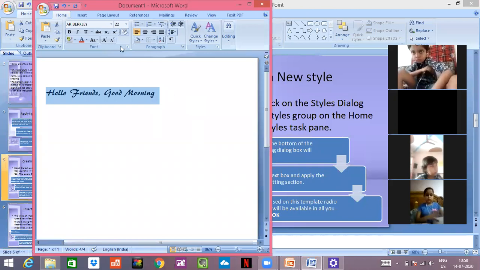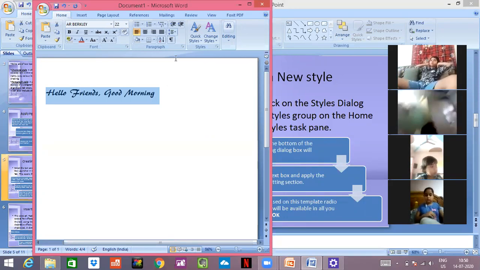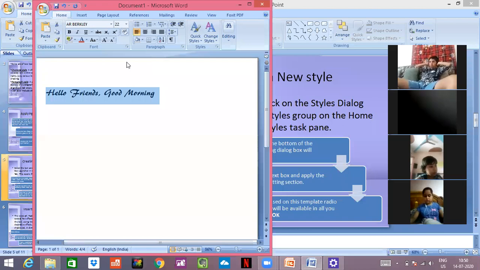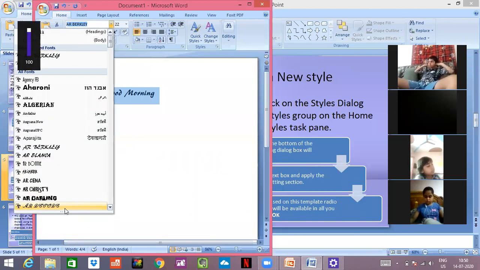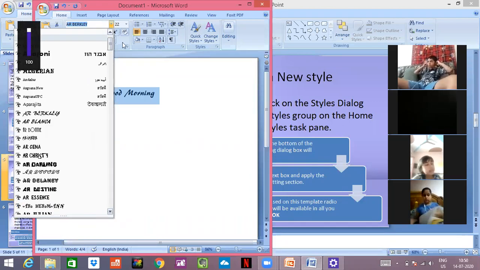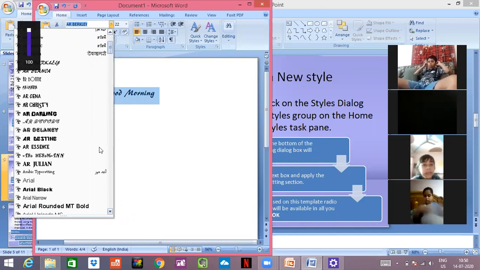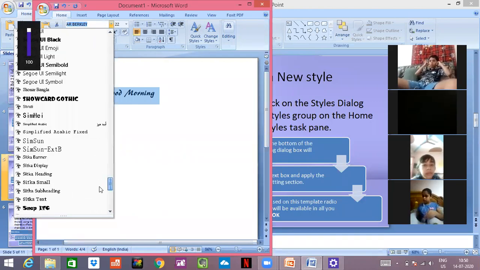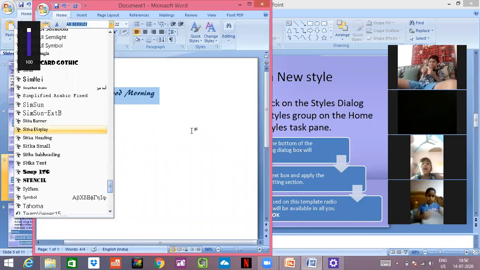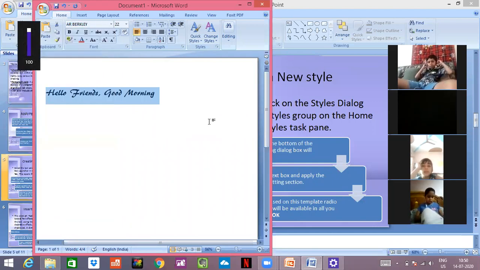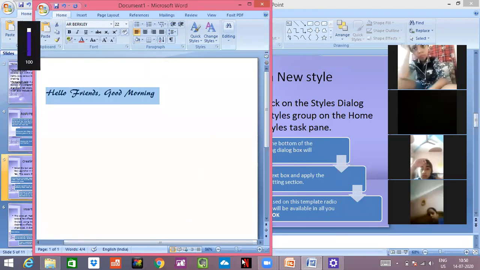I have to go to the style option and find the new style option and I can change it. See, there are so many styles. I can even use Hindi, Punjabi, and some other different language styles, which are also present there. So you all know how to change the style. You all would be doing it.